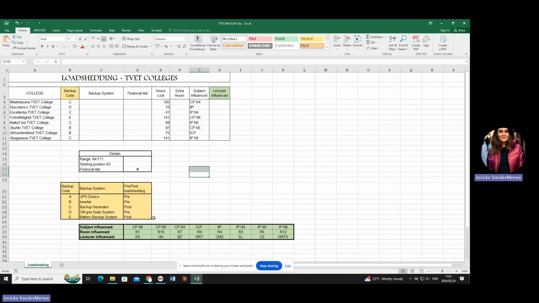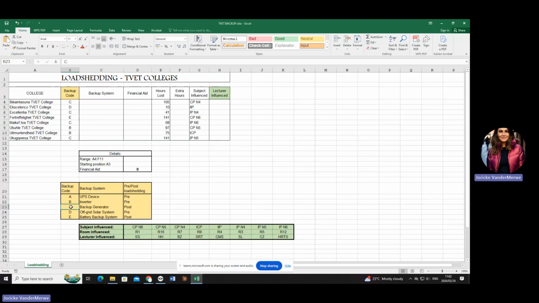And as you are reading your functions, you're also going to see what it is about. Okay. So going back to the lookup system that I've just explained. If I have a code C, what do you think according to this table is going to be my backup system? What's my backup system going to be?